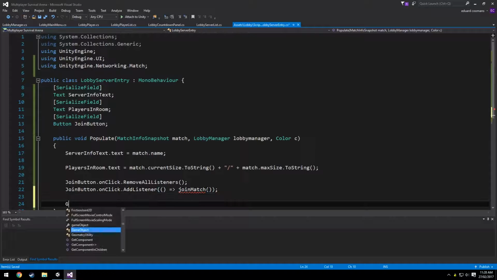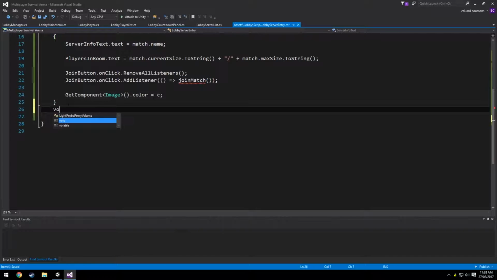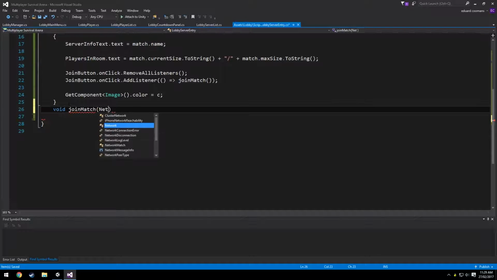and we want to say get component image dot color, so we want to change this to the color that we sifted in. And now we can go ahead and create this function down here. It doesn't need to be a public one, and we say join match here. Cool. And this is going to take in a network